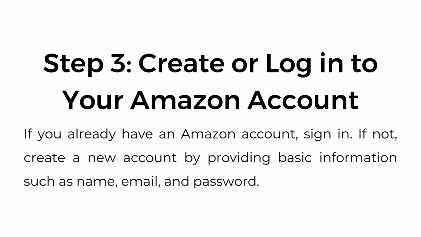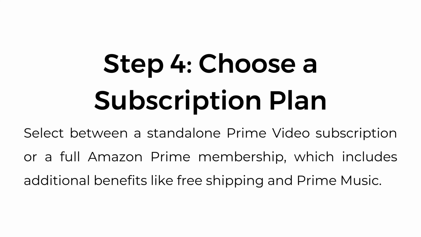Step 3. Create or log in to your Amazon account. If you already have an Amazon account, sign in. If not, create a new account by providing basic information such as name, email, and password. Step 4. Choose a subscription plan. Select between a standalone Prime Video subscription or a full Amazon Prime membership, which includes additional benefits like free shipping